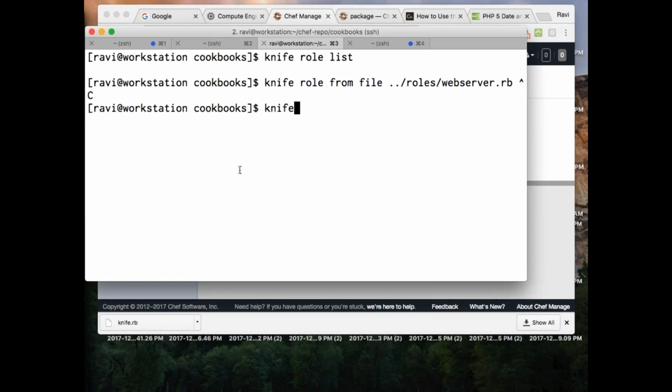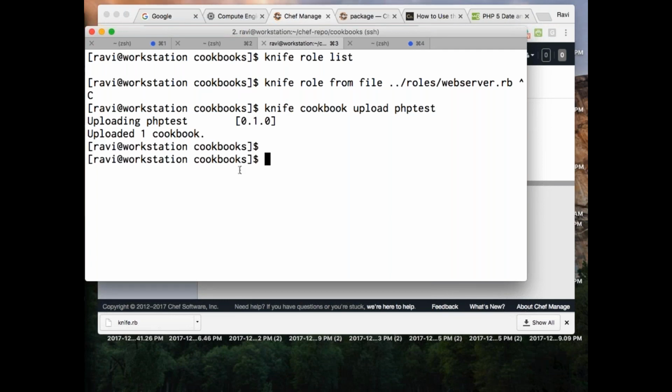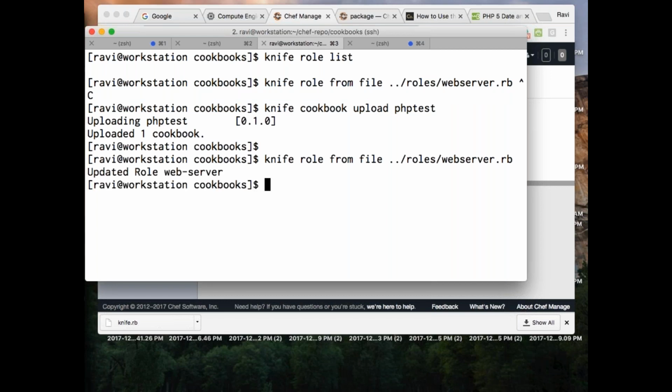Run knife cookbook upload PHP test. It went and uploaded my PHP test as well. And I'll say knife role from file my particular web server role. Now it updated the role called web server, and if I say knife role list, I currently have a role called web server.